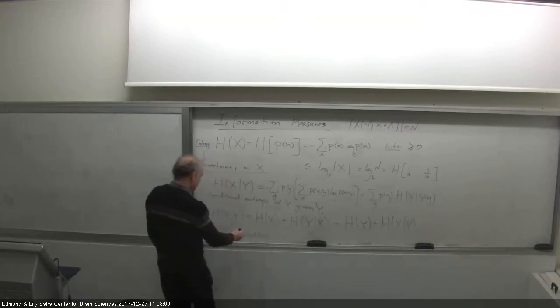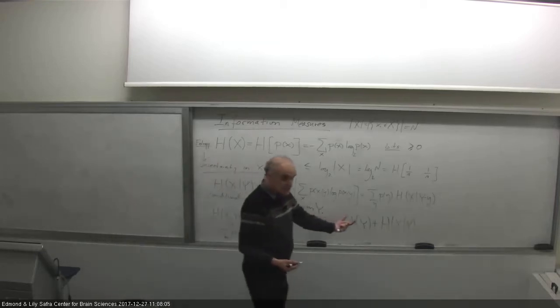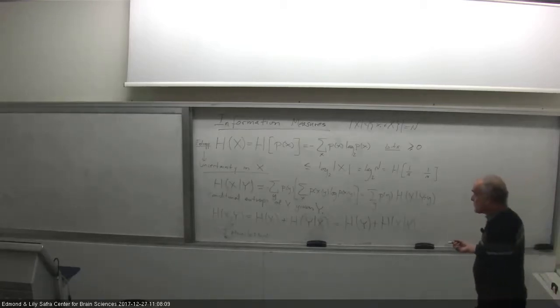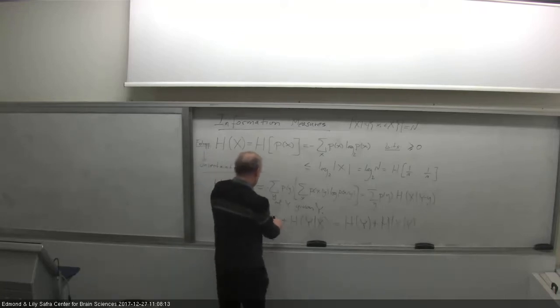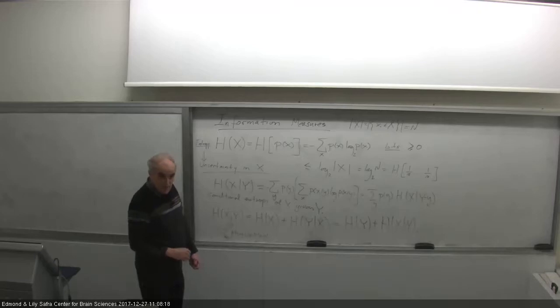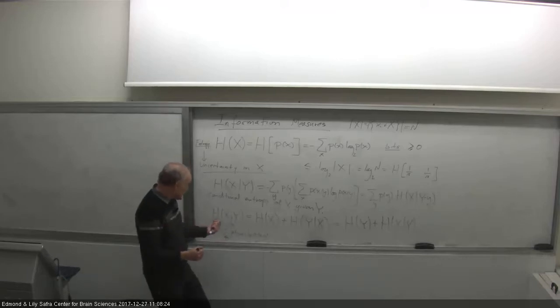Okay, so this is the natural definition of an entropy for any random variable, and it factorizes in this way. This is really nice because I can think about the uncertainty in two variables as the sum of the uncertainty in one of them plus the remaining uncertainty in the other one, given the fact that I already know x.